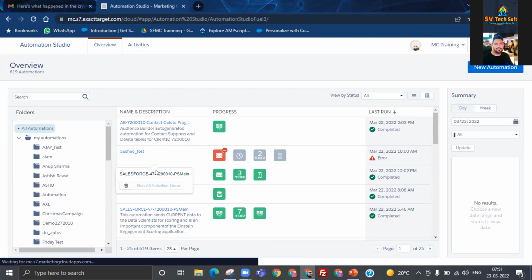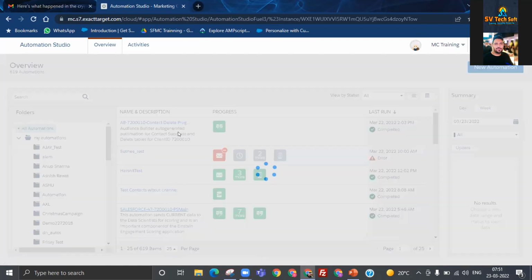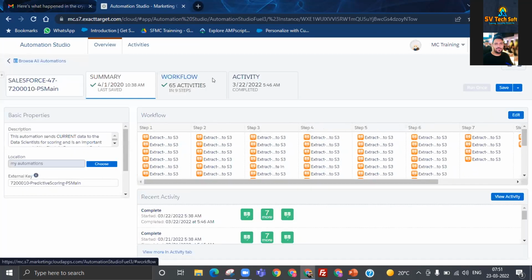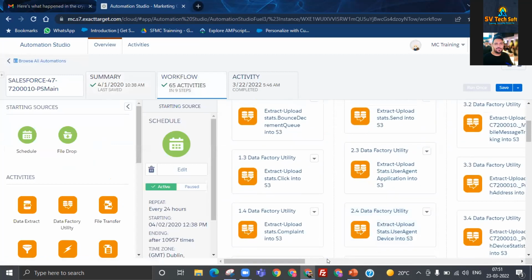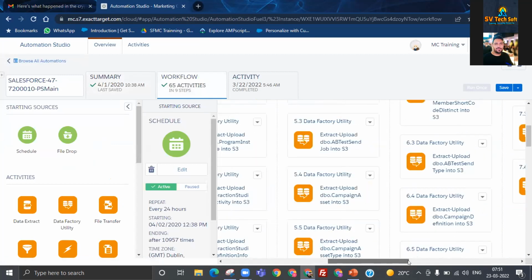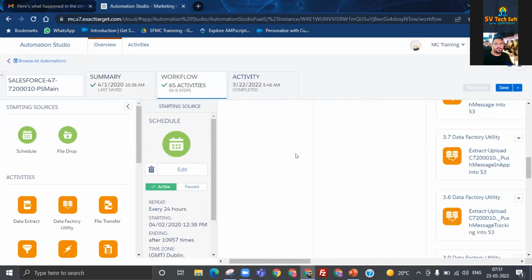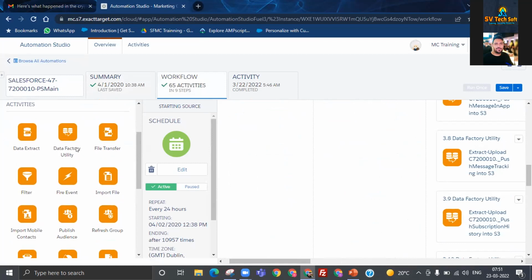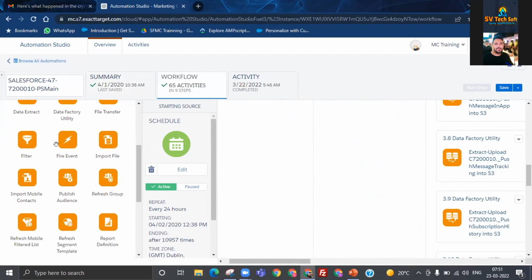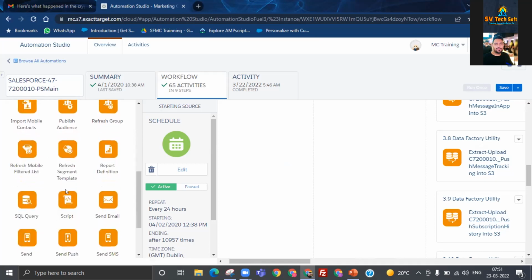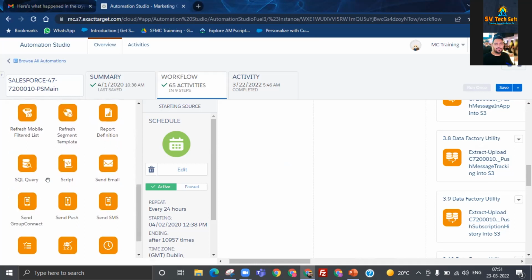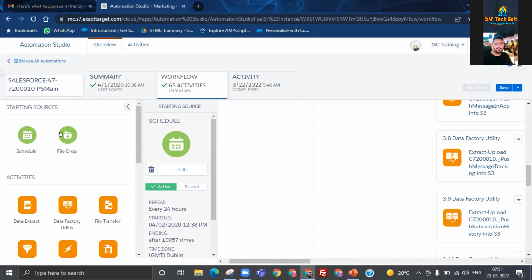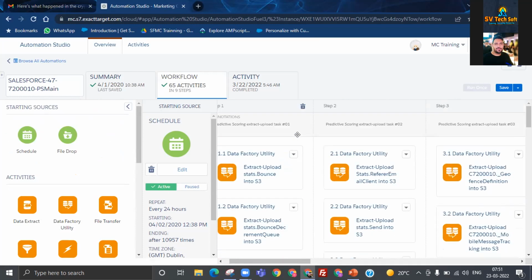These are all actually the automations, guys, which are already built into the system. This type of automation we will be able to create. This automation contains a lot of activities which we will be creating to automate our processes. Here are activities like data extract, data factory utility, file transfer, fire event, SQL script activity, SQL activity, push, send SMS, verification, wait. All these are the Automation Studio basic components or activities which you will require to